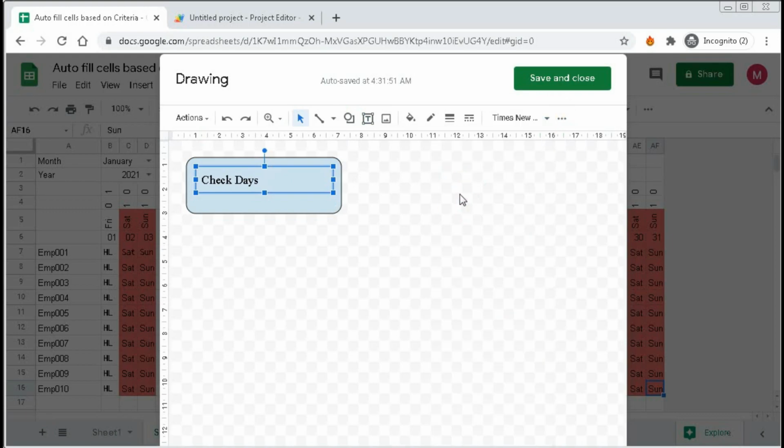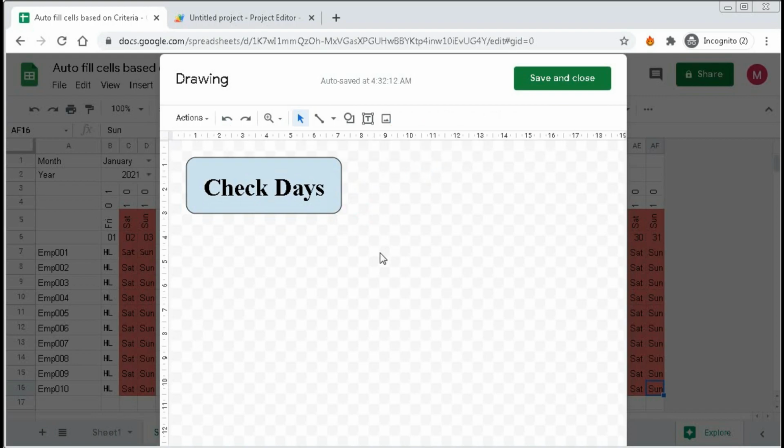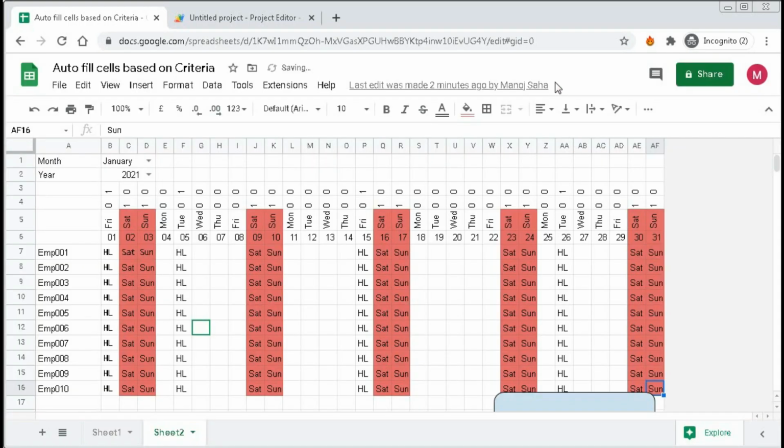Just give Times New Roman and give the font size as per your requirement. Then give it bold and center it. Yes, it's okay now. Then click save and close. So we have this button.